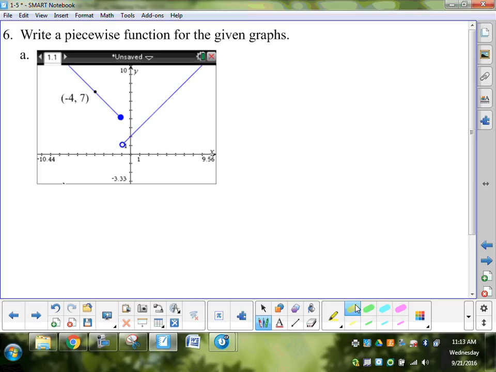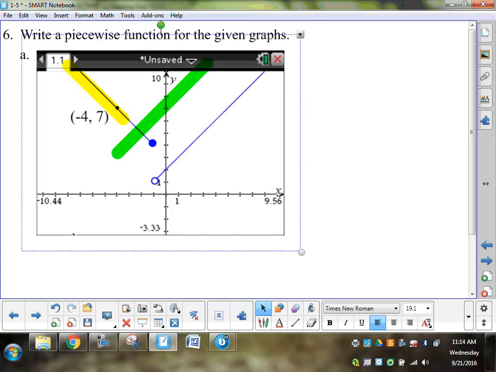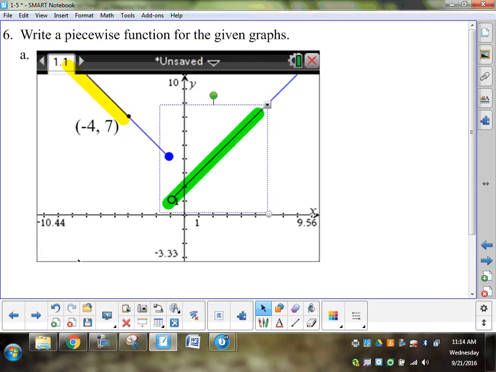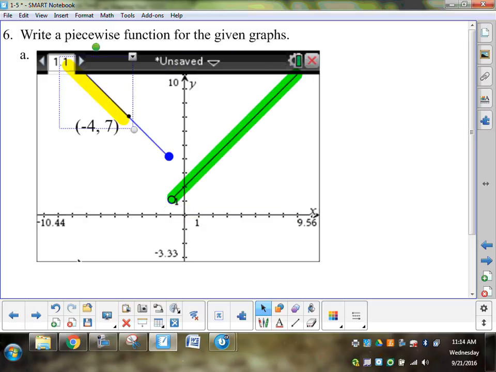Hands up, please, if you can tell me how many pieces this graph is going to have if I told you to give it out as a piecewise function. 2. There's this piece right here, and then there's this piece over here. Okay? So when we're doing this, there's 2 pieces. Actually, I'll make this even bigger. This piece here, and